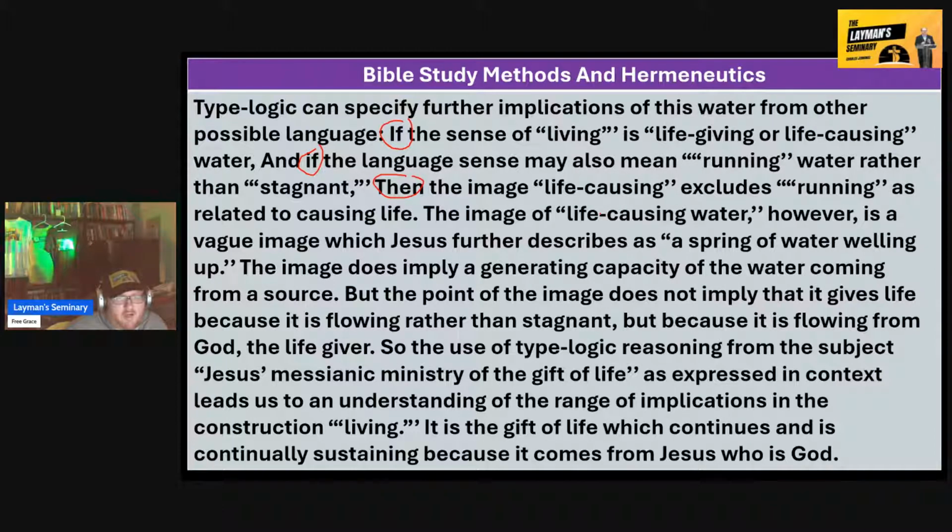The image of life-causing water, however, is a vague image which Jesus further describes as a spring of water welling up. The image does imply a generating capacity of the water coming from a source, but the point of the image does not imply that it gives life because it's flowing rather than stagnant, but because it is flowing from